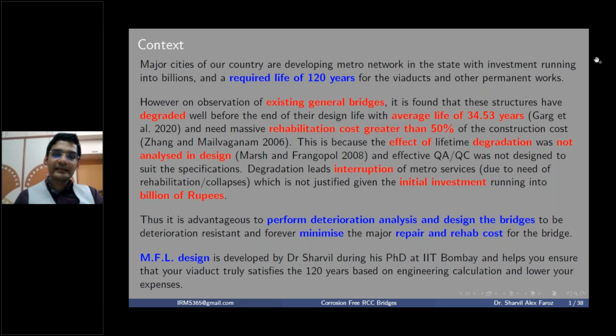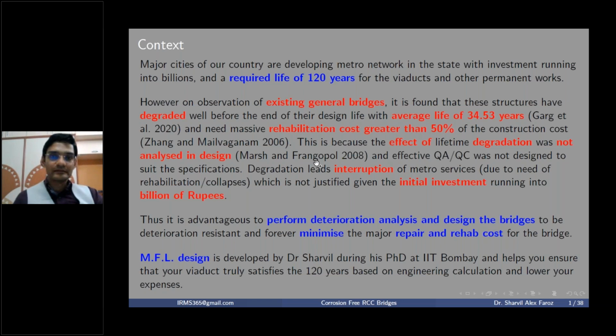All these old bridges have become structurally deficient, and they require a lot of money for doing the repair and rehabilitation. In one statistics, it was found that the cost of repair and rehabilitation is more than 50% of the construction cost of the original project. Then people also thought, why is this happening? If we said we are designing for 75 years, 100 years, why is the life so short? Then some research was conducted, and two eminent engineers, Marsh and Frangopol, found that